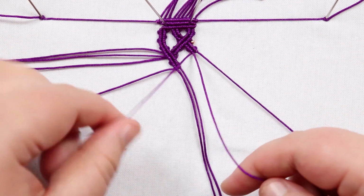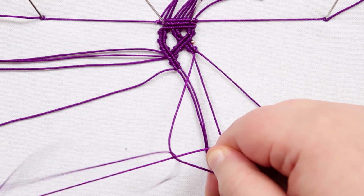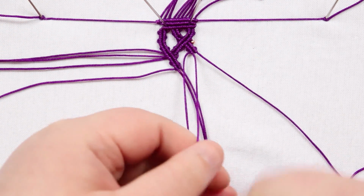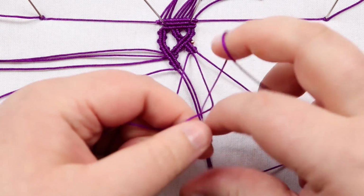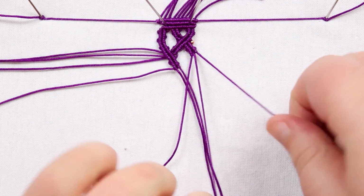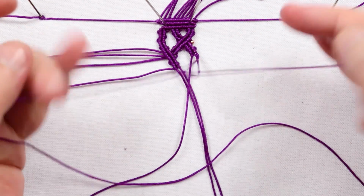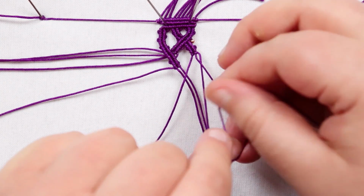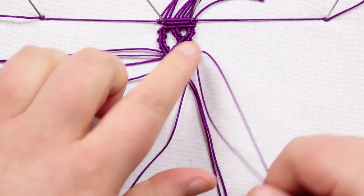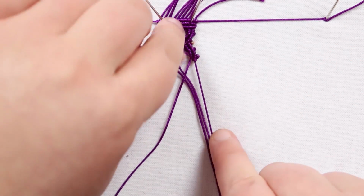And this is where we want to add in that curve. So that means I do the first half of the double half hitch, tighten that, and then I change direction straight away instead of finishing the knot, and then tighten that there, go underneath the next holding cord, making that double half hitch. So now you can see it's coming more straight down, and then we change direction again